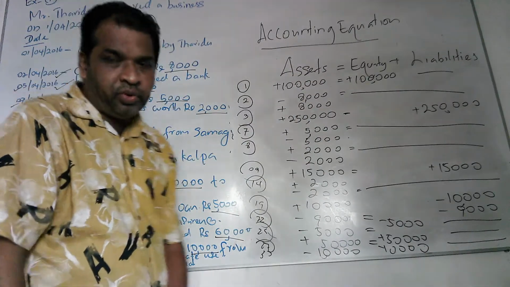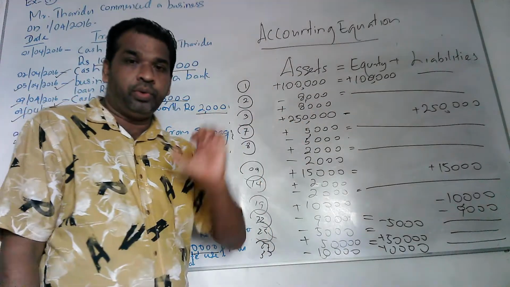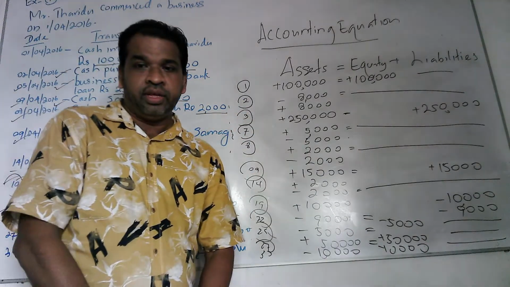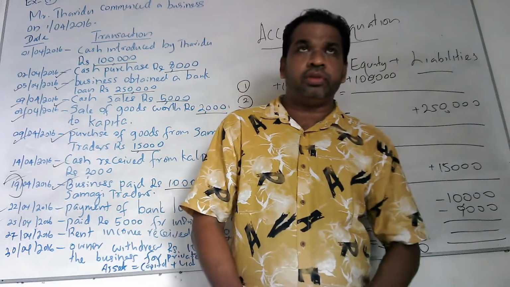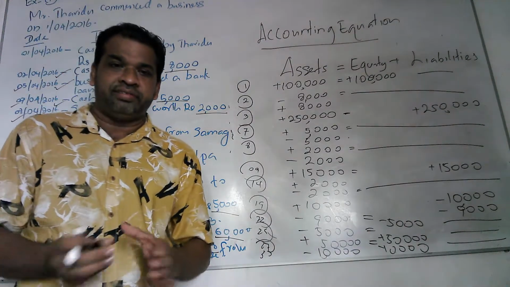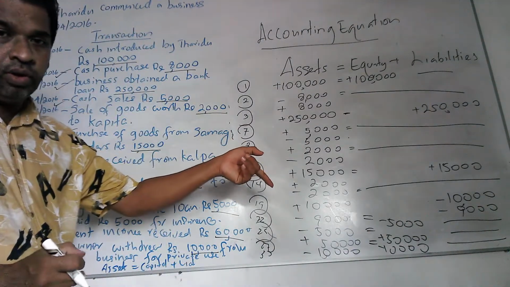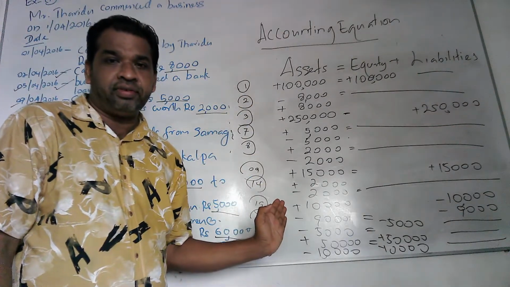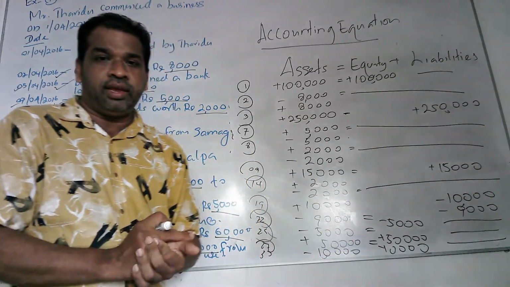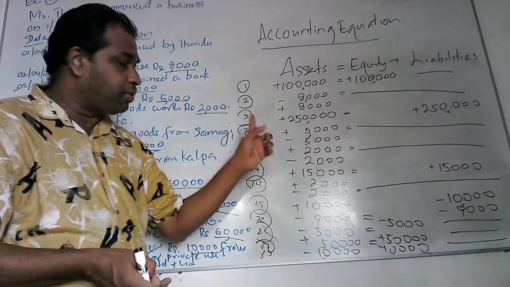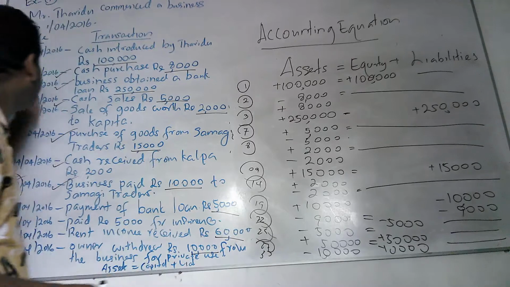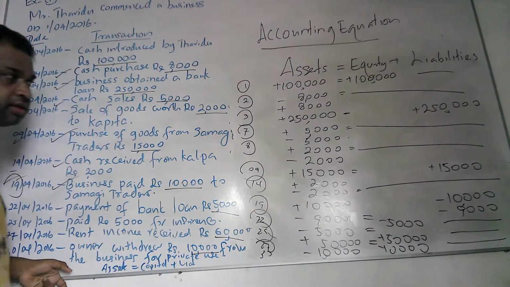Okay, you understood how you can adjust a given transaction in this account equation. I think you understood how to record a given transaction in this account equation. If you know those three main changes available in this account equation, you can adjust any business transaction in it. So this is the first question regarding account equation, the simple question.